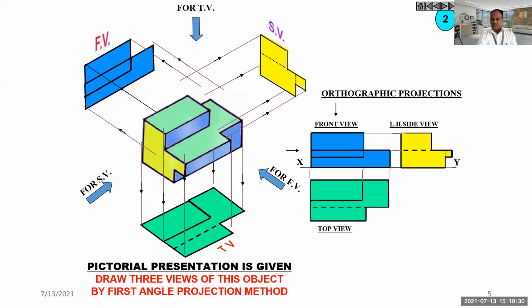Now you might have observed this LH side view is written. So left hand side view is on right side in first angle method of projection, that you have to remember. ये आपको ध्यान में रखना है कि लेफ्ट हैंड साइड का व्यू राइट हैंड में आता है, राइट हैंड साइड का व्यू लेफ्ट हैंड में आता है. So this left hand side view has been shown here on right hand side of front view. Front view के right side में दिख रहा है, लेकिन उसका नाम दिया हमने LHS view, that you have to remember.